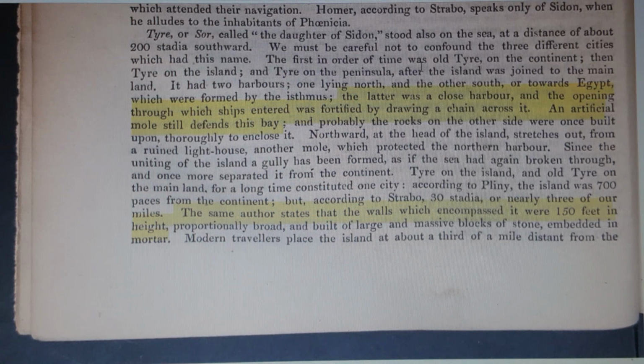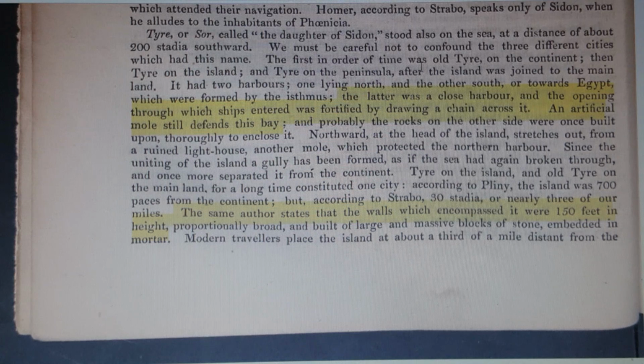or Sur, called the daughter of Sidon, stood also in the sea at a distance of about 200 stadia southward. We must be careful not to confound the three different cities which had this name. The first in order was the old Tyre on the continent, then Tyre on the island, and Tyre on the peninsula. After the island was joined to the mainland, it had two harbours, one lying north and the other south, or towards Egypt, which were formed by the